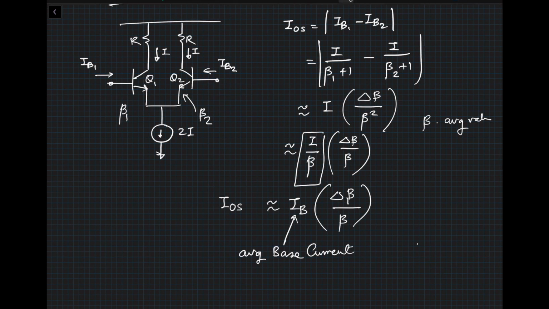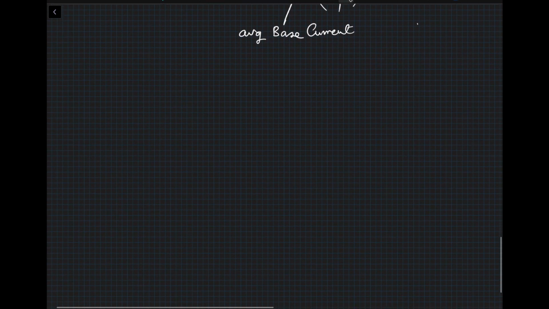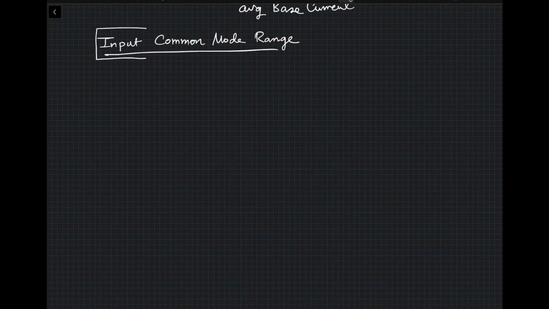We just finished talking about offset voltage and how we compute that for both bipolar as well as MOSFET amplifiers. Another important parameter when it comes to design or choice of op-amps when you're using them in real life is something called input common mode range. Okay, so we're going to learn about that. As the name suggests, it's input related, it's a common mode related number, and it's a range.